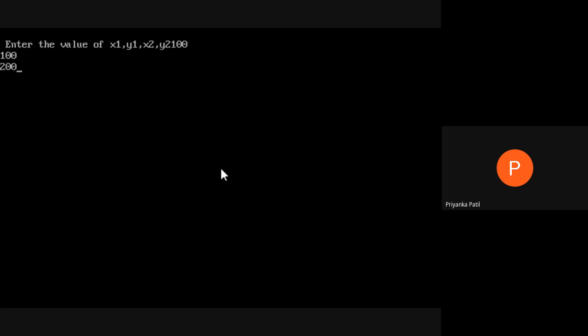Next 200 and 100: 200 is the value of x2 and 100 is the value of y2. So this is the output for the program. This is the dynamic program, meaning we can access the values at runtime. Static means we initialize the values in the given program.